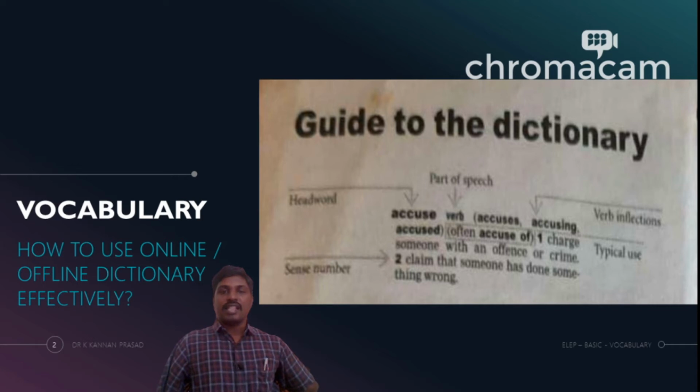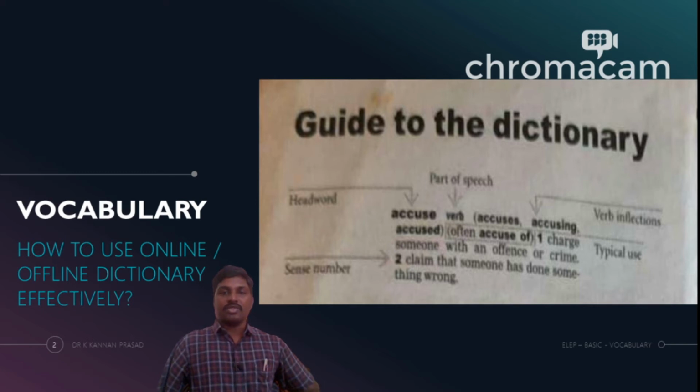And this is the manner in which the word accuse can be used as a different word family, but the meaning will only minorly change from what is being given here. The next one is that you have a number, right? But before that, sometimes for certain words within brackets, the dictionary gives you the word often, and then there is another bold typed head word given with another phrase.